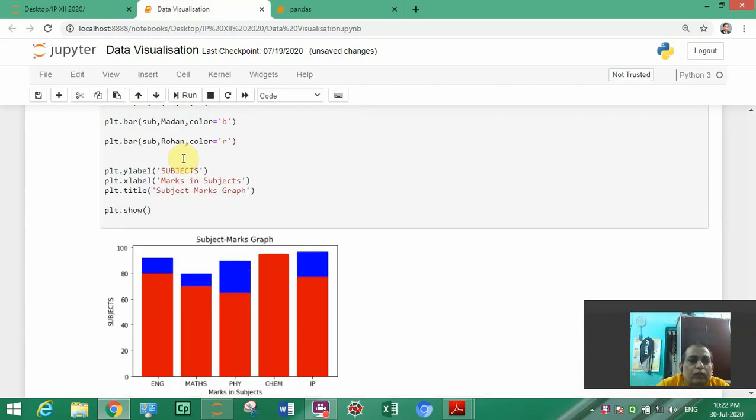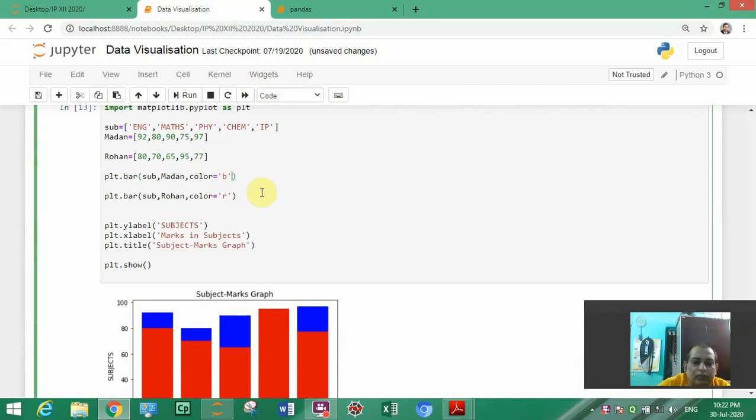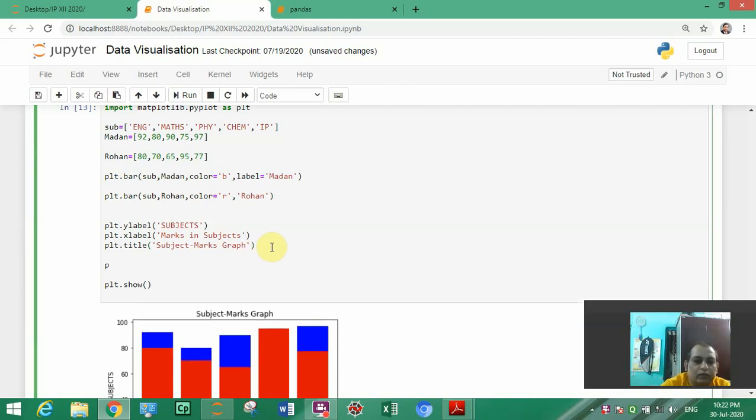If you want to use a legend, you can write here label equal to... This is marks of Madan, so Madan, and this is marks of Rohan, so Rohan. And for that, what we have to do? We have to apply plt dot legend.